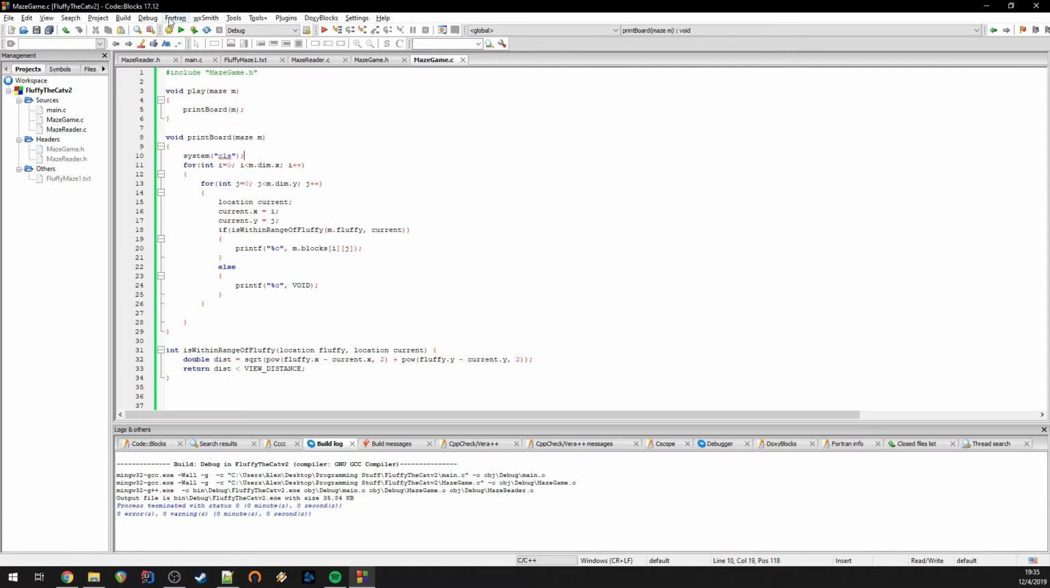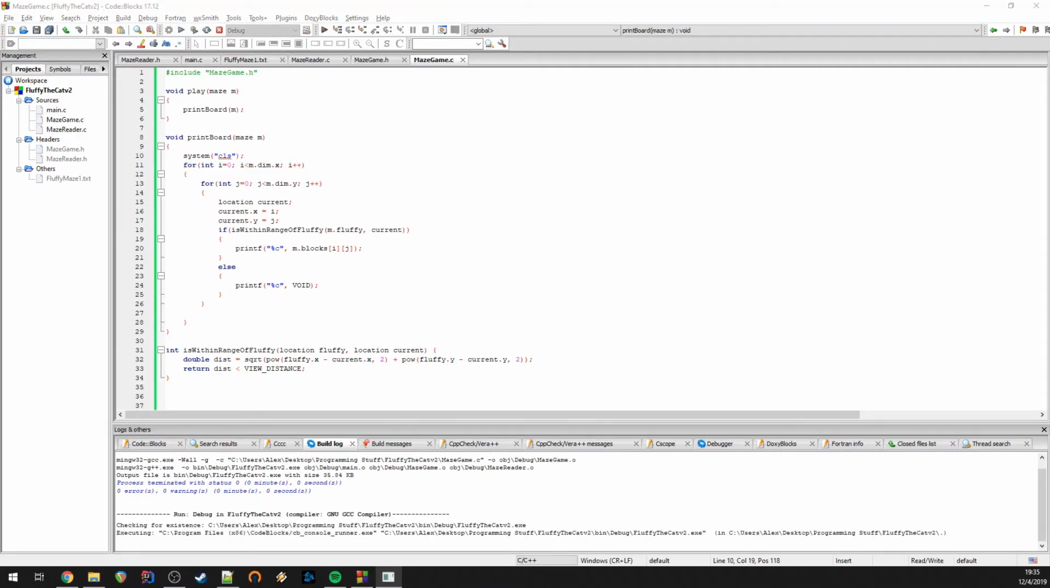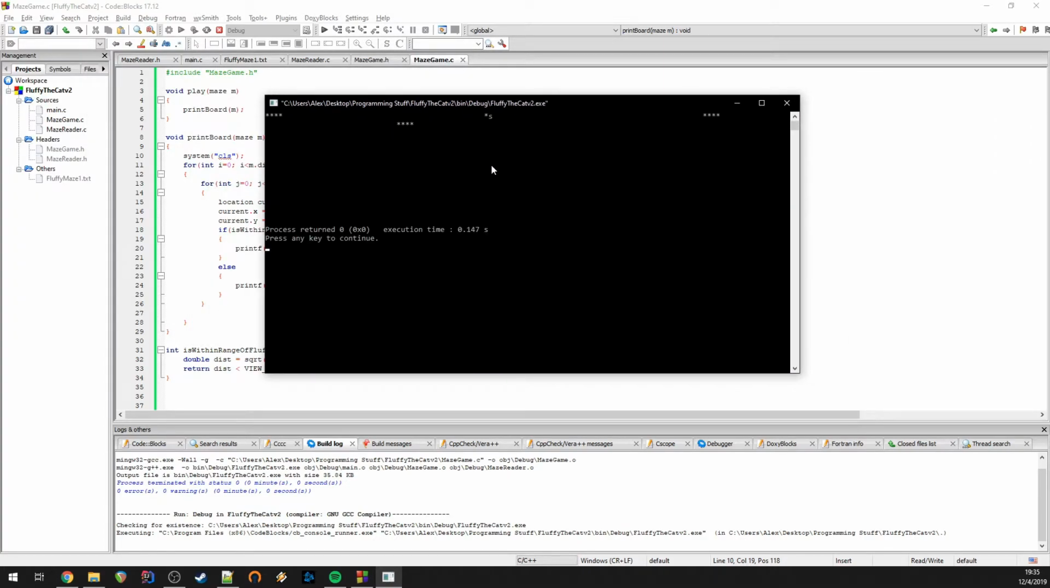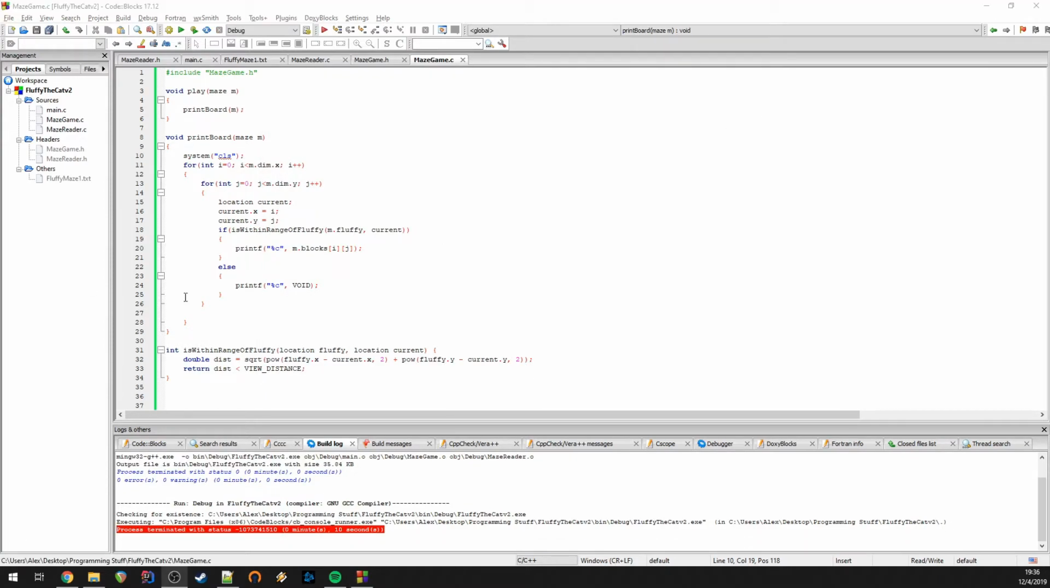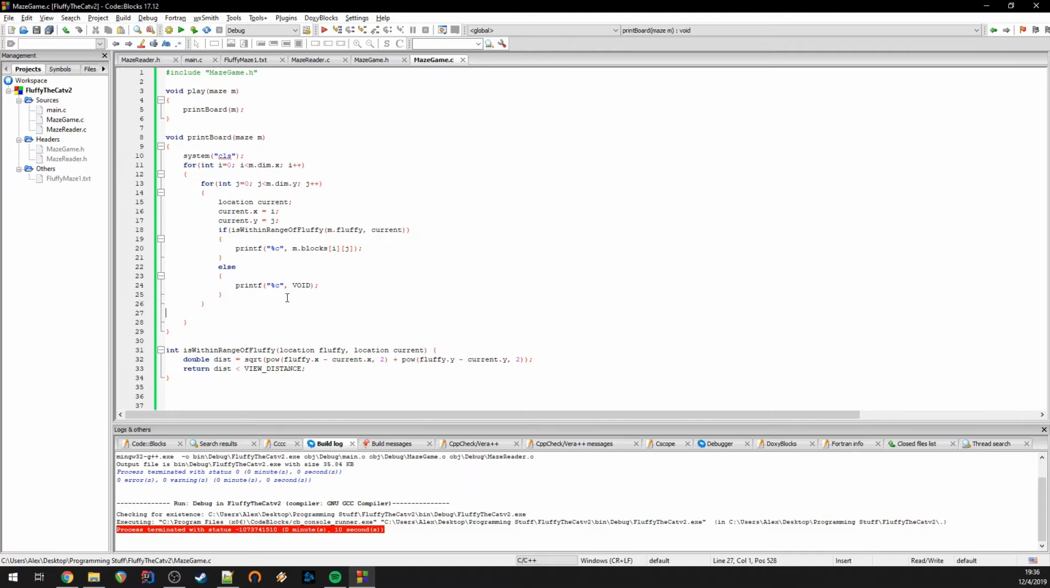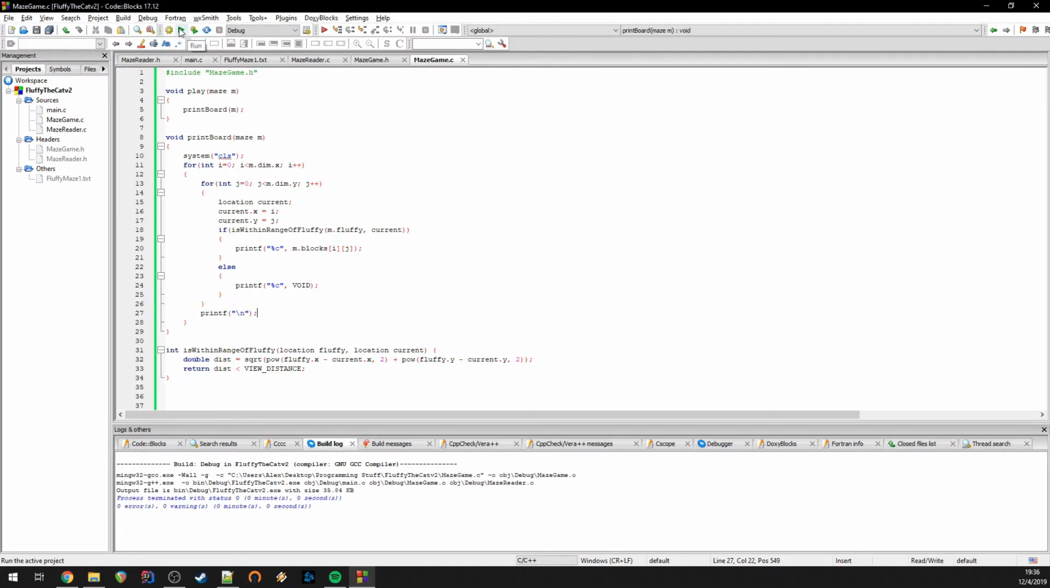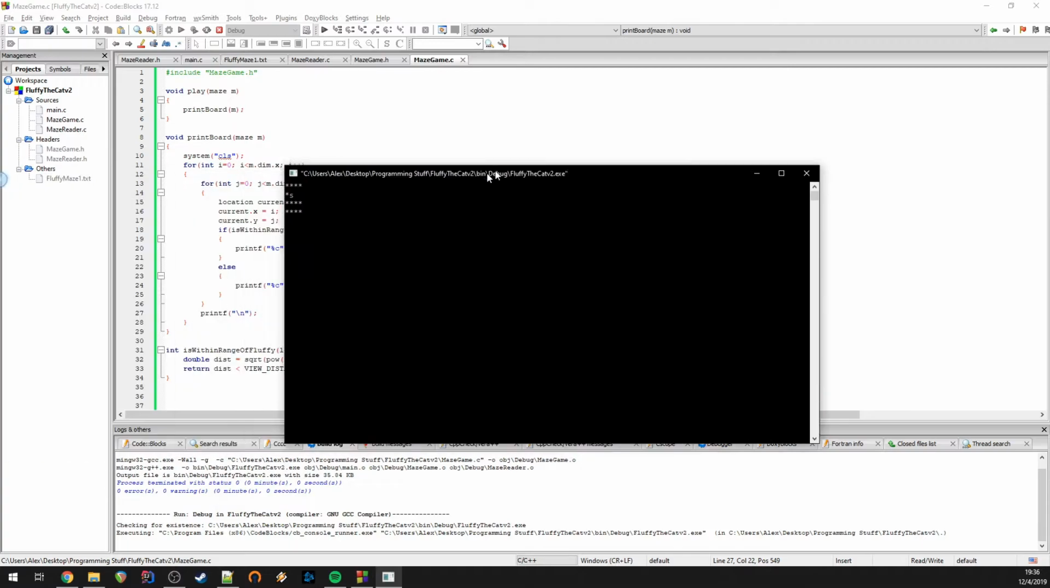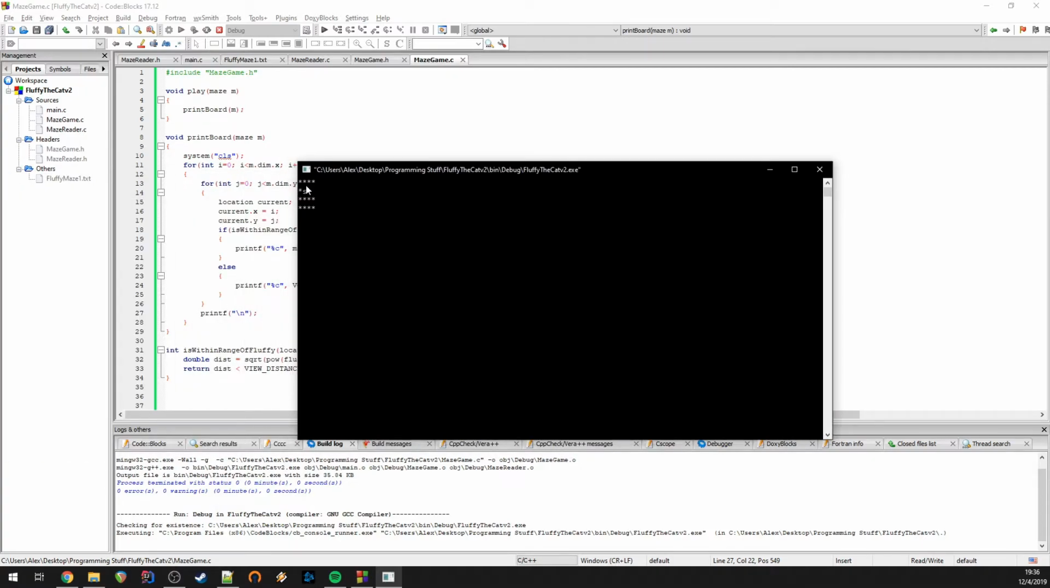So now it should actually print our board. But it doesn't, not properly at least. So let's see what's going on there. Of course, I've missed this. I need after every row to print a new line. And yeah, now it's fine. So I get to see 3